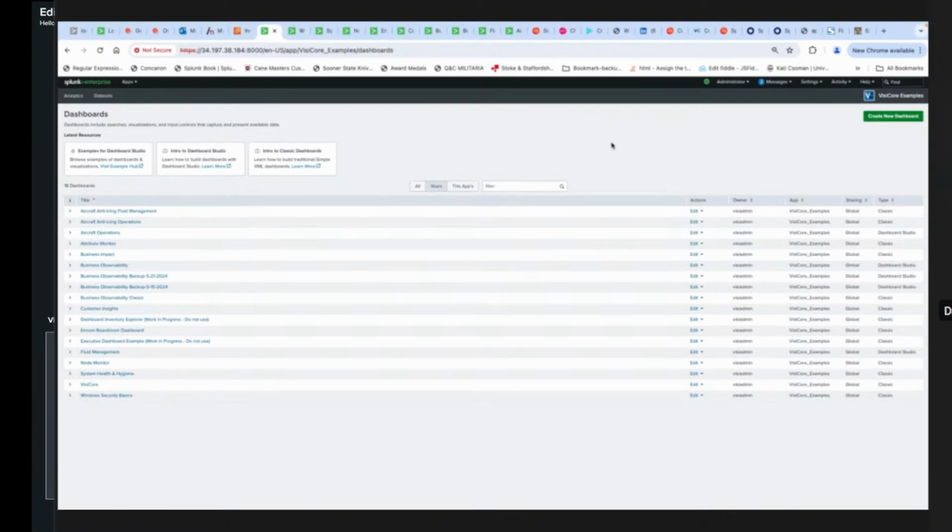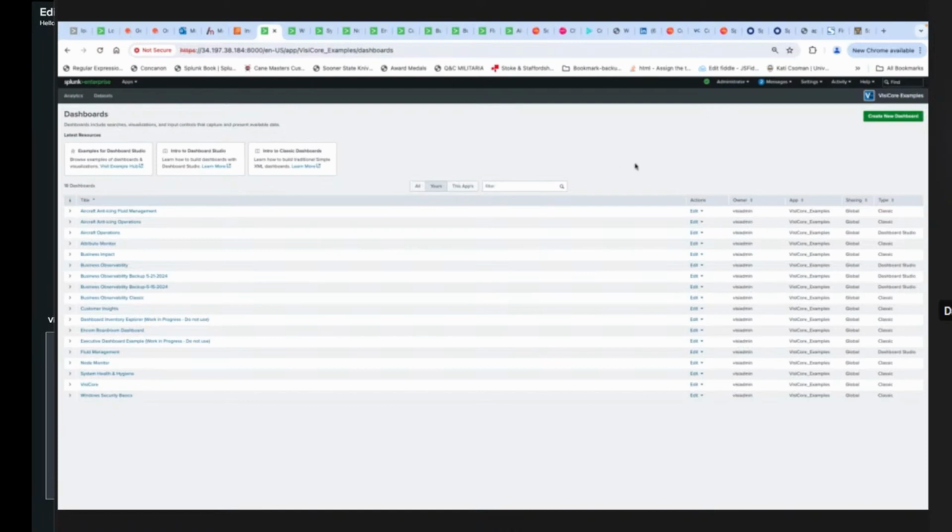Let's pick things. I'm going to assume you're all familiar with classic or simple XML, and that you either understand or have come in contact with the new Dashboard Studio.